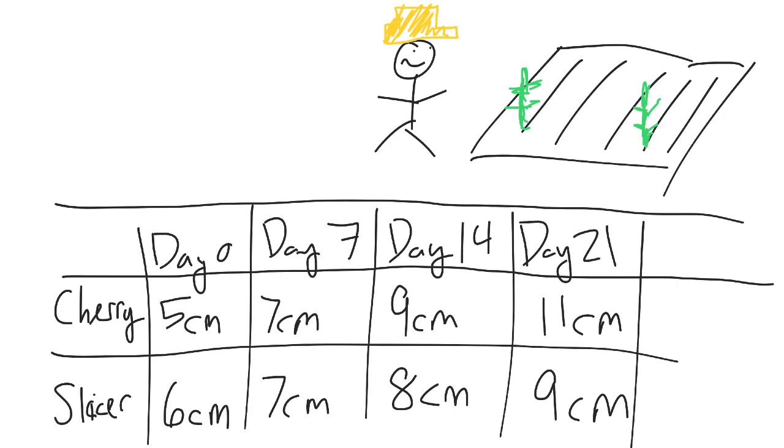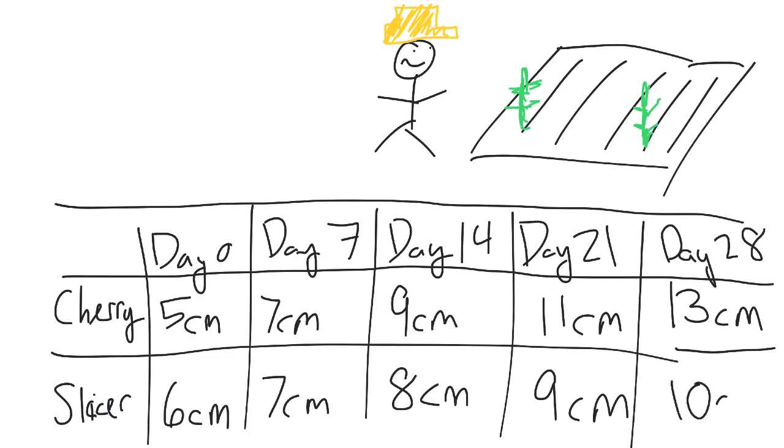And he goes out and he measures 1 month after he planted them, and he sees that the cherry tomato is now 13 centimeters high, and his slicer tomato is 10 centimeters high. And so John has created an experiment where he's controlled for the water amount, he's controlled for